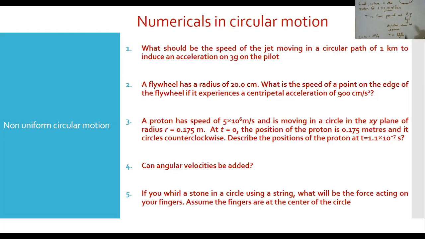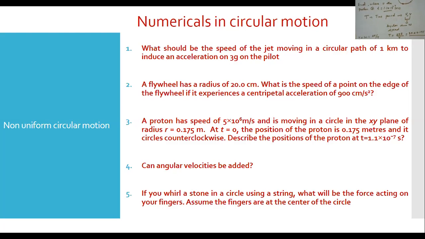You can also understand it in another way. You can say the particle is moving at uniform speed. The total distance covered is nothing but 2 pi r, divided by the speed of the particle. So you get distance by speed. Now let us substitute all the values. You get 2 pi into 0.175